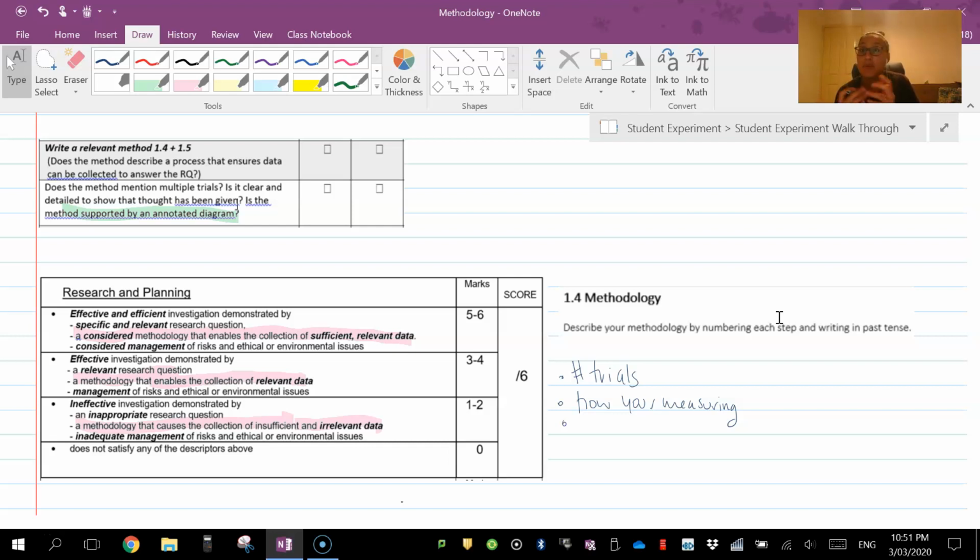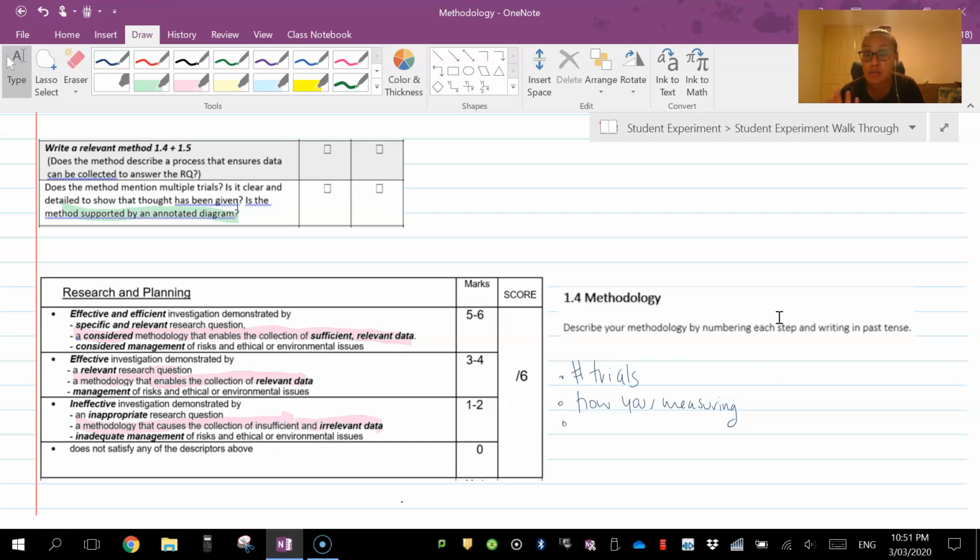Use this as, remember, it's a draft. We're getting started. It doesn't need to be perfect the first time. It needs to be relevant enough so that there's enough detail there in order for you to actually collect the appropriate data to answer your research question. Okay, so pause this video, stop this video, go back and rewind if you're stuck again, and